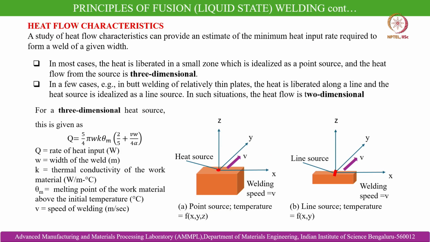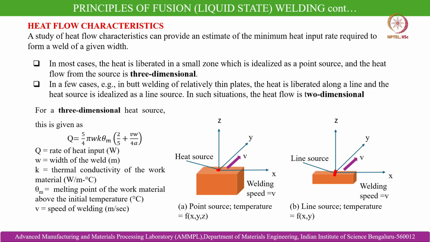Now we will discuss the heat flow characteristics. A study of heat flow characteristics can provide an estimate of the minimum heat input rate required to form a weld of a given width. In most cases the heat is liberated in a small zone which is idealized as a point source, and the heat flow from the source is three-dimensional in nature. In a few cases, that is in butt welding